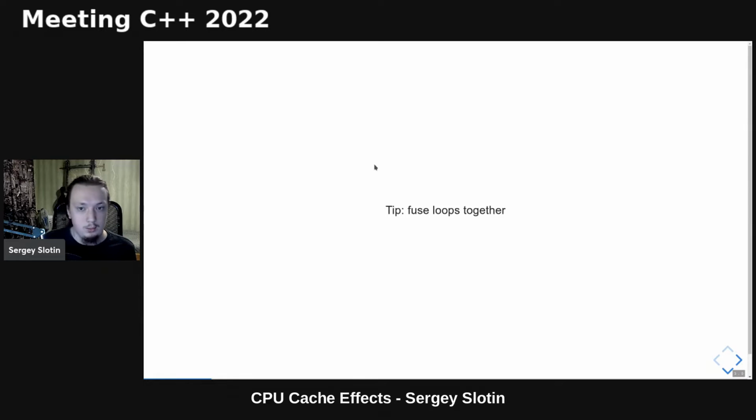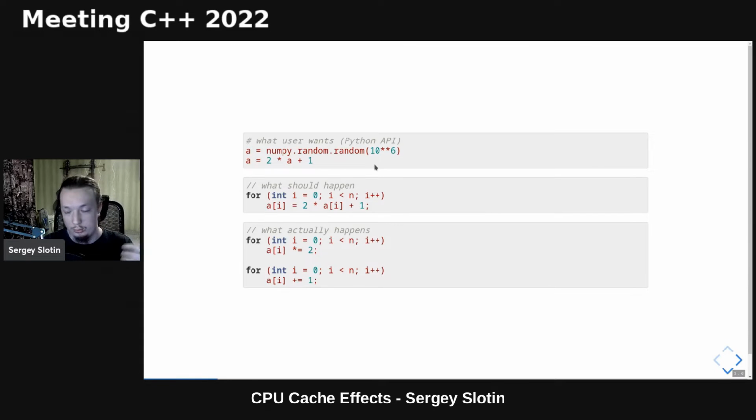The common way to do this is to fuse operations together as much as you can, especially in the context of loops. It is beneficial to join two loops together, not only because it reduces the overhead of maintaining the loop itself and helps with optimization. For example, if the operations in two initial loops are using different parts of the CPU, they can be executed concurrently, so for free, essentially. But also, and very crucially for big inputs that don't fit into the cache, it helps with bandwidth. You can read the array just once and not multiple times.